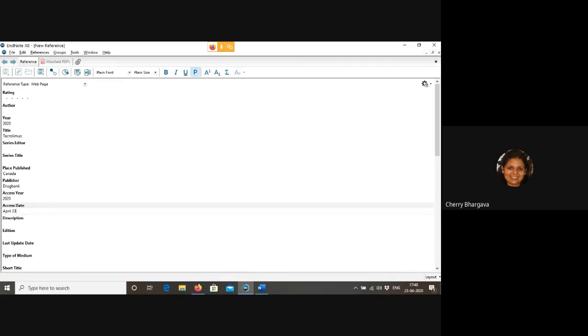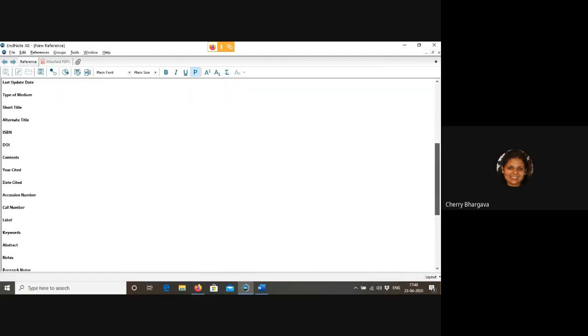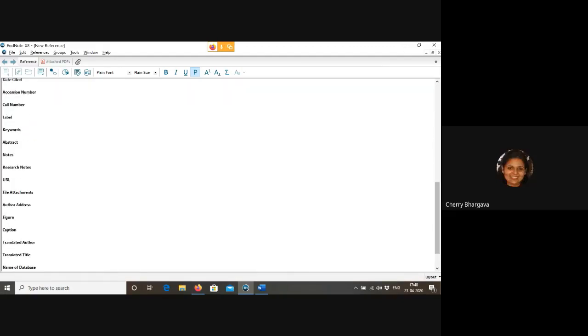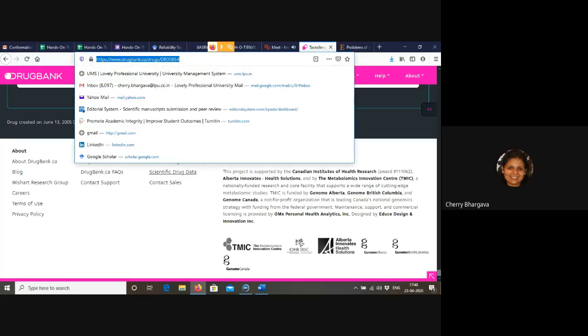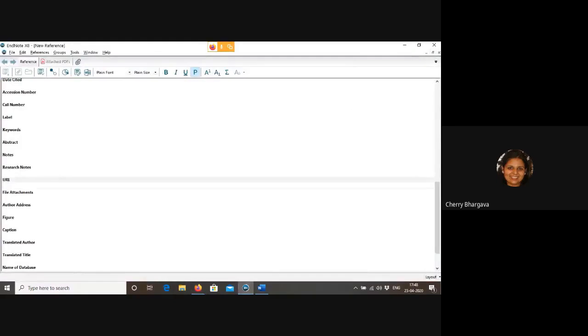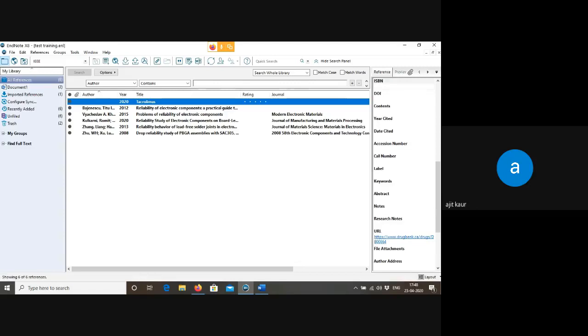At the end, you have to paste the link in the URL field. So copy the web link and paste it here. After that, press Control S, and close this reference tab.